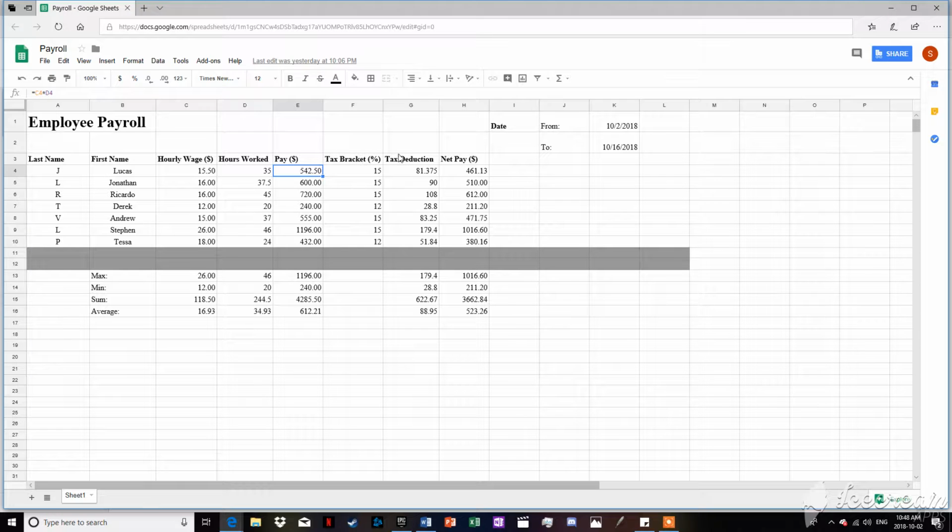Now we have tax brackets. So this here is where our deductions occur. So this is 15%. What I've done here is I've done an if statement. So if E4, which is this one right here, is less than 500, it's going to be 12%. So that means if they made less than $500, their tax bracket is going to be 12%. But if it's not, it'll be 15%, which means if they are over $500 or equal to $500, they will fall in this tax bracket of 15. So therefore, here we have 542. Well, it's greater than 500, so